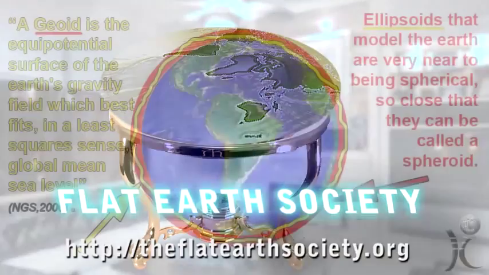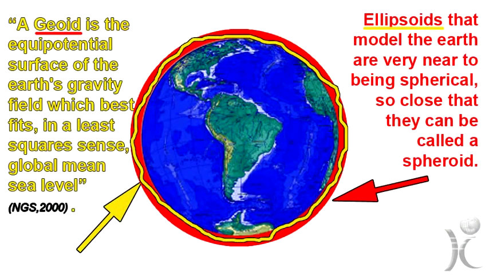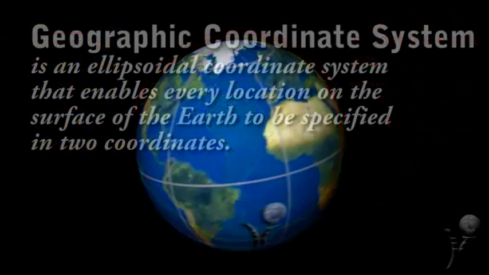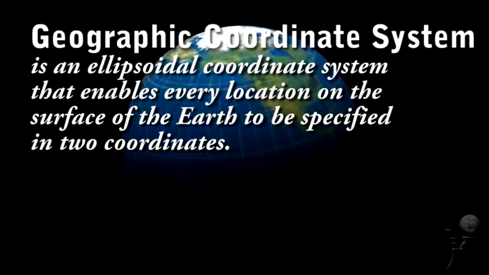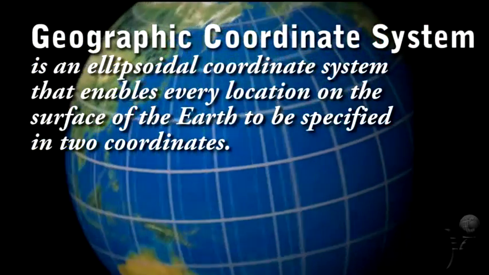When we project the 3-dimensional surface of the Earth onto a 2-dimensional mapping plane, we use a reference surface for a large-scale map, and this is typically called an ellipsoid. Ellipsoids that model the Earth's surface are very near to being spherical, so close that they can be called a spheroid. Probably the most commonly used coordinate system today is the geographic coordinate system, often referred to as longitude, latitude,